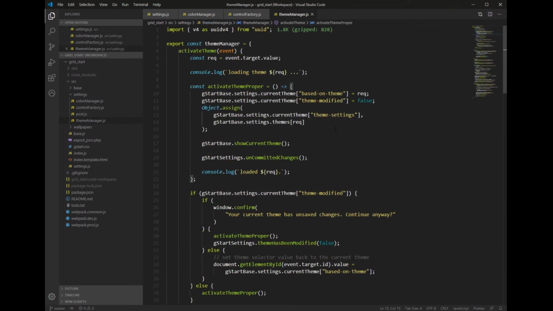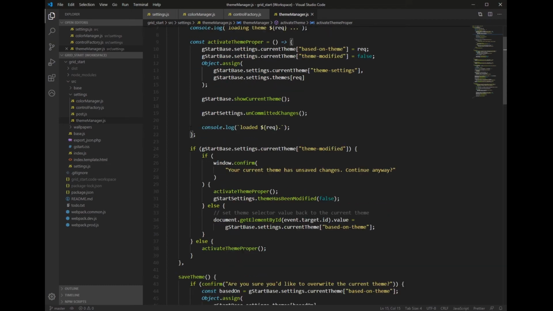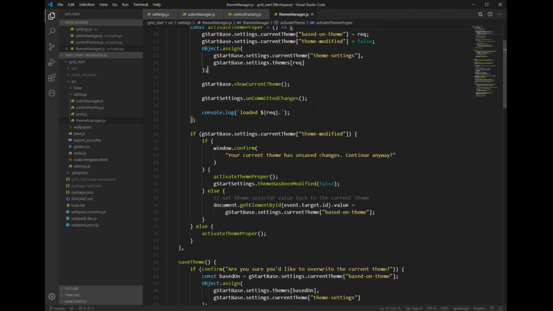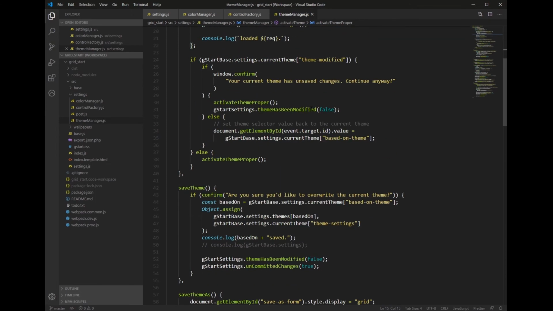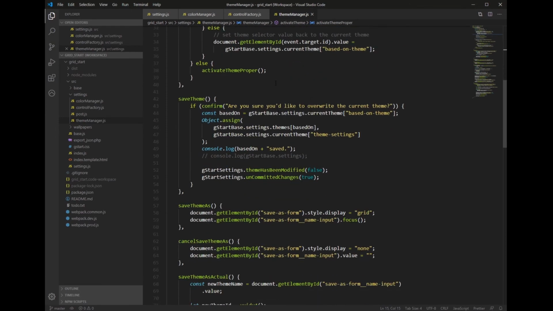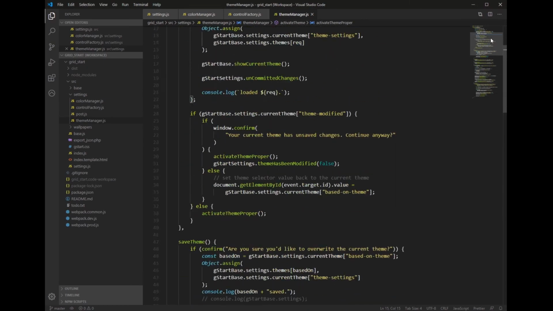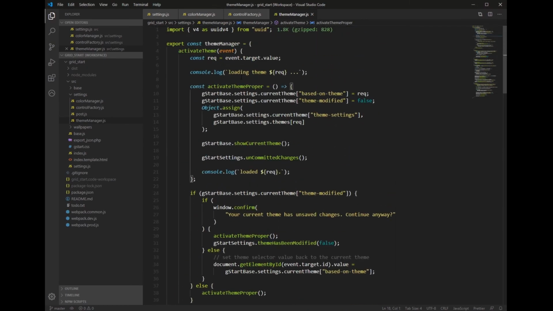Continuing on with our theme manager namespace, this object is responsible for loading and saving and deleting our themes, and it's a pretty generic CRUD implementation. A couple of things to point out. If we look at our activate theme, there's an object assign happening here, which is